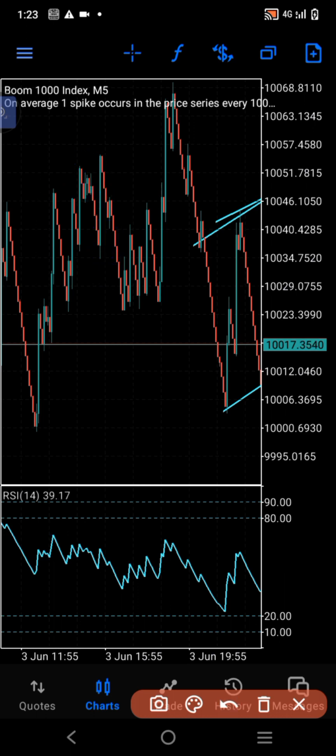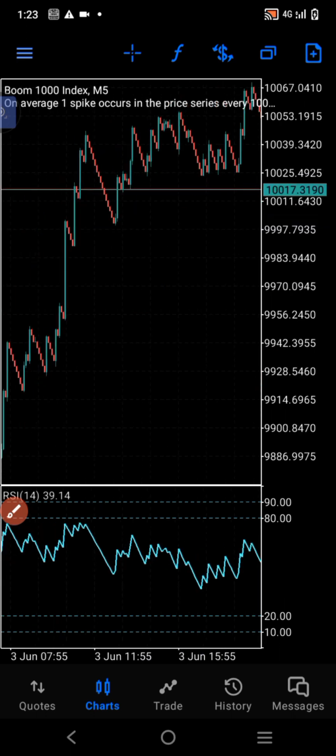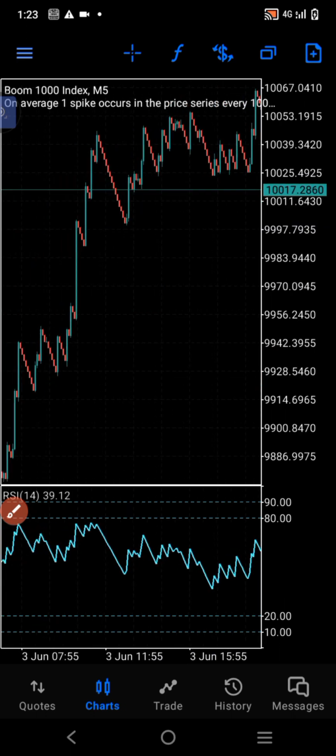But now, since this is Boom, okay, this is Boom and not Crash, we should be aiming to buy only. All right, because why should you be aiming to buy? Because number one, you are in total control over your money. Unlike you going against a spike, for example, you want to sell Boom right now and you get a spike